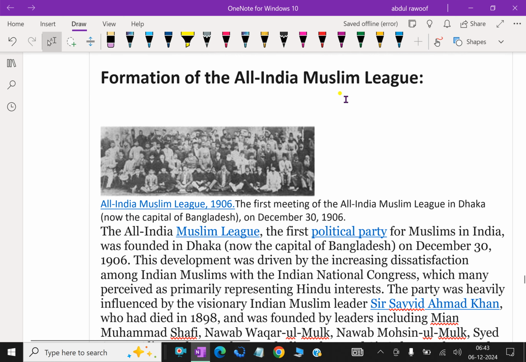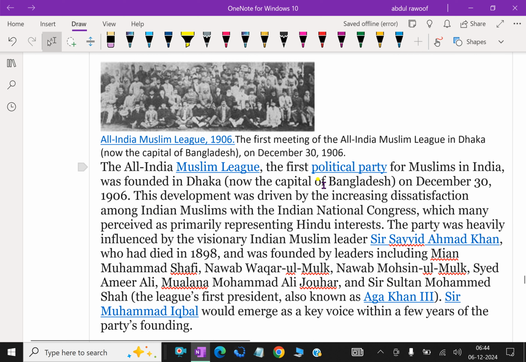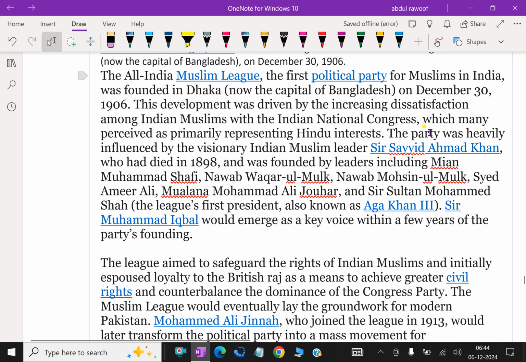Formation of All India Muslim League. The All India Muslim League, the first political party of Muslims in India, was founded in Dhaka, now the capital of Bangladesh, on December 30, 1906. This development was driven by the increasing dissatisfaction among Indian Muslims with the Indian National Congress, which many perceived as primarily representing Hindu interests. The party was heavily influenced by the visionary Indian Muslim leader Sir Syed Ahmad Khan, who